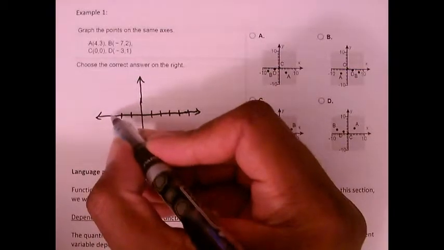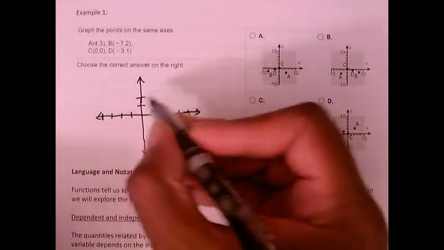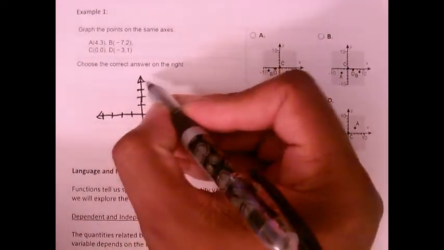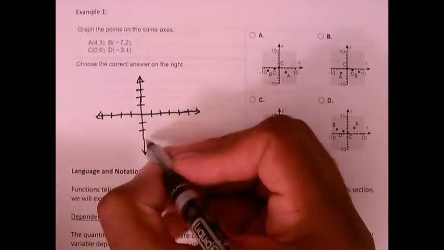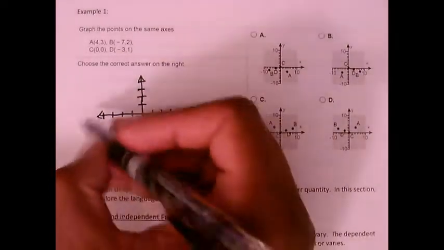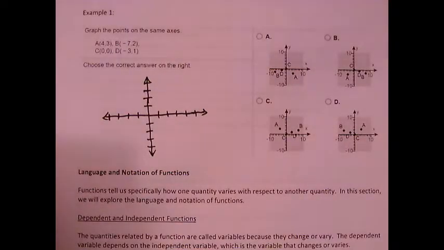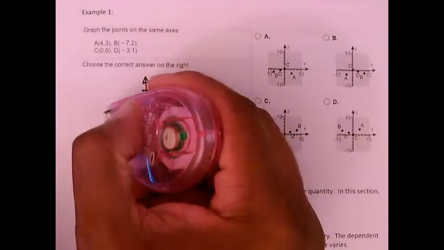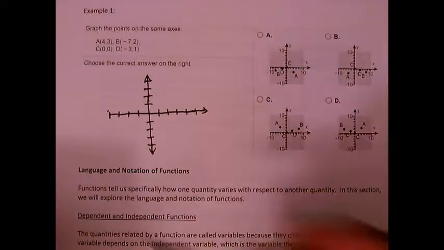Now in the homework you'll have to use that microscope icon or that magnifying glass icon to find out which is which. Okay, and in this case I'm going to have to extend my horizontal axis a bit because one of my ordered pairs